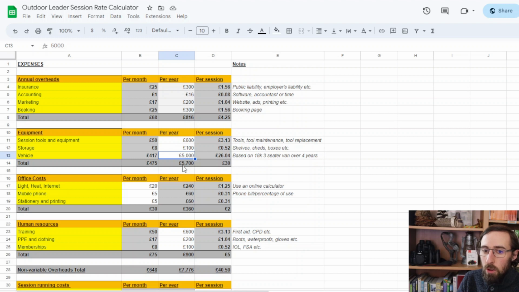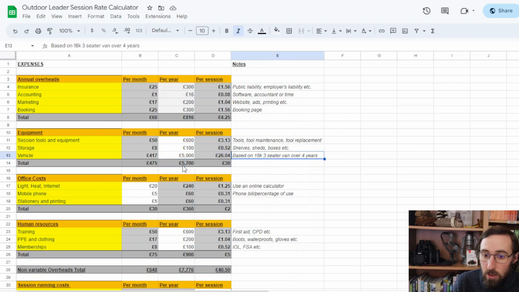So you need to work this into your business plan, because it's above and beyond what you would normally pay to get to work at, say, an office job. So work that in there, and you'll have a better idea of exactly what you're spending money on and exactly your outgoings. As you can see, it adds up pretty quickly once we throw in vehicle per year.